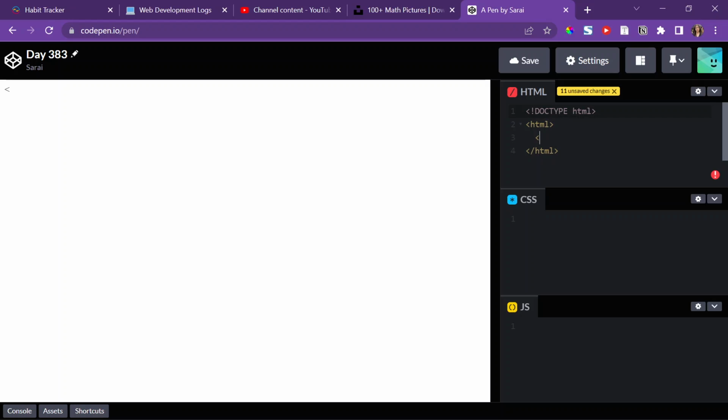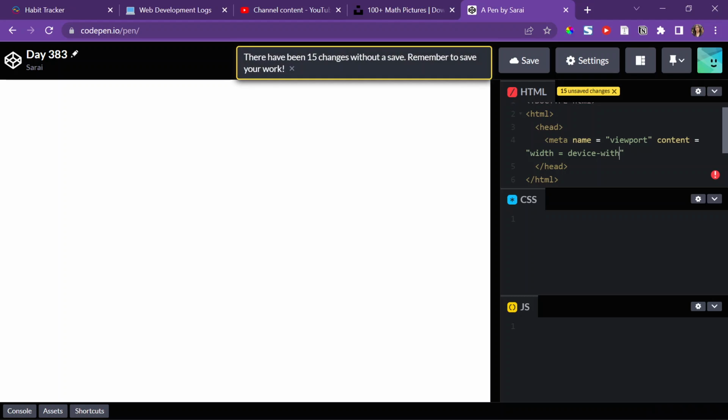Alright, so in my HTML I'm going to have my head tags, and then inside the head I'm just going to put one meta tag, and it's going to be name equals viewport. So about the viewport, I need the content of the viewport, specifically the width, to be equal to the device width. And the initial scale